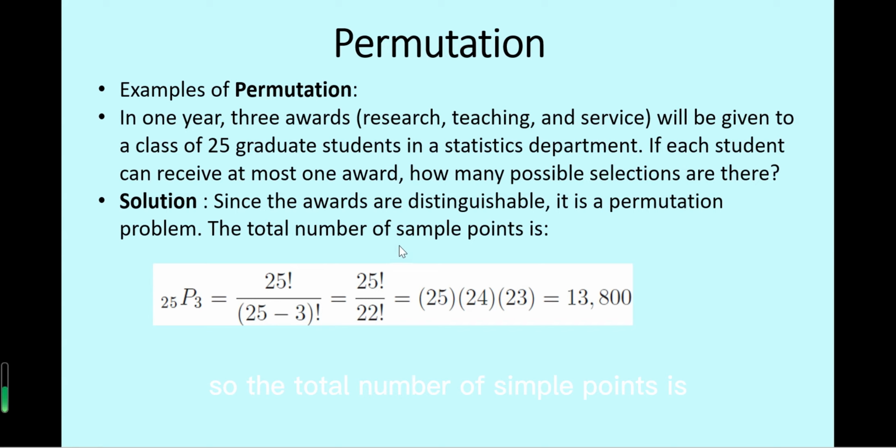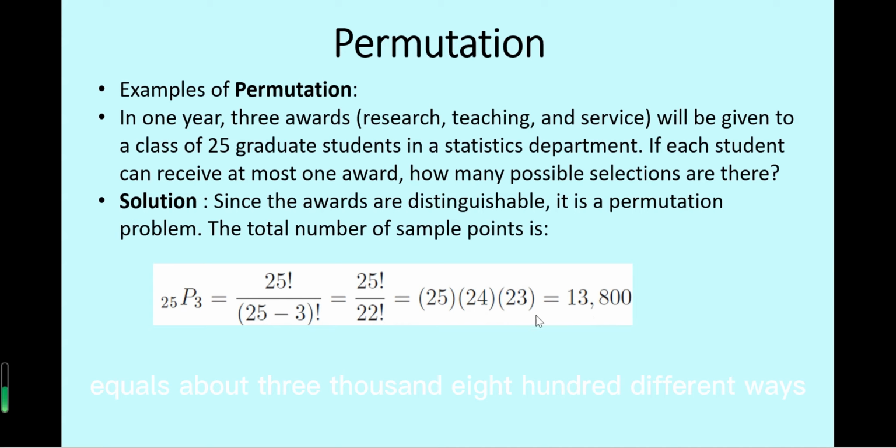So the total number of sample points is permutation 25 select 3, because we want to select 3 students from these 25 students, and each of these 3 will receive a different award. So the total is 25 factorial divided by 25 minus 3 factorial, which equals